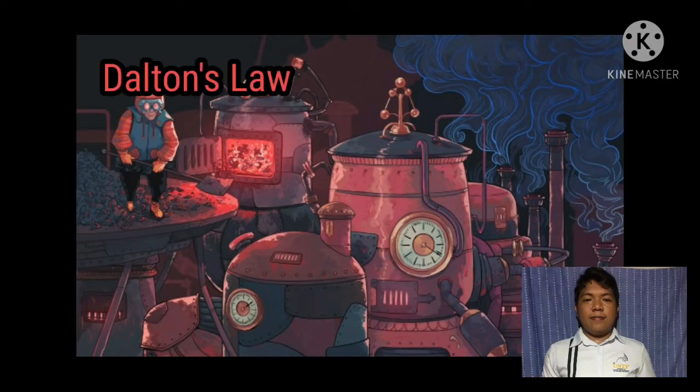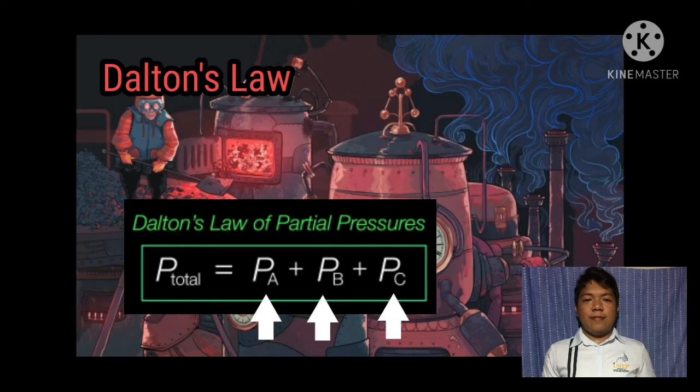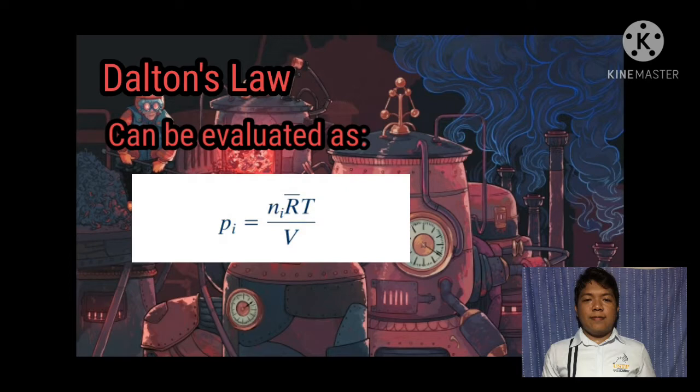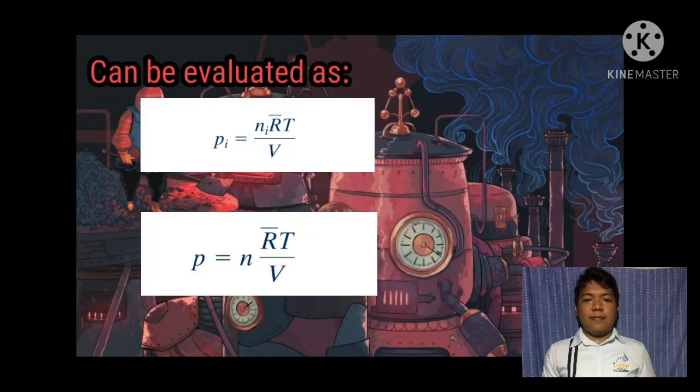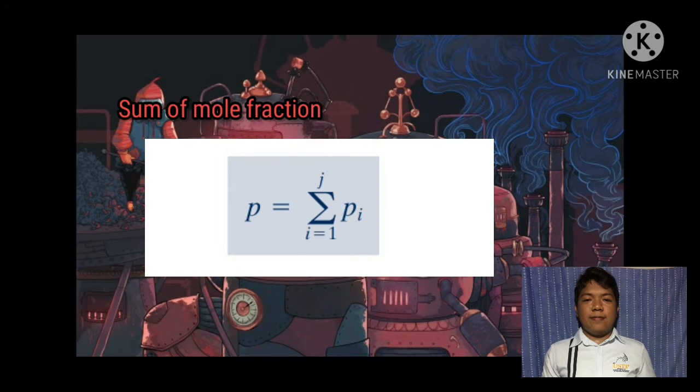Dalton's law states that the total pressure of a mixture of gases is equal to the sum of the partial pressures, while partial pressure is the force that each individual gas would exert by itself at the same volume as the mixture and the same temperature. The partial pressure can be evaluated as, and when divided by the gas law, we get. Then, for the sum of the mole fractions,